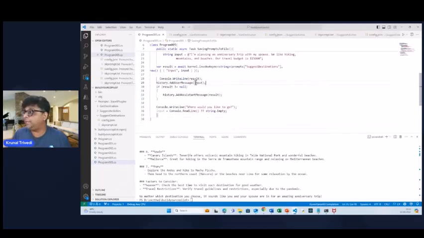Now check if history dot add, add this one to this history array. Result is not null. Then add assistant message as this result. Again, you ask one more question. Where would you like to go? You take the input from the user and make sure if it is not empty, then you just perform some task. And this time, again, to return the result here,